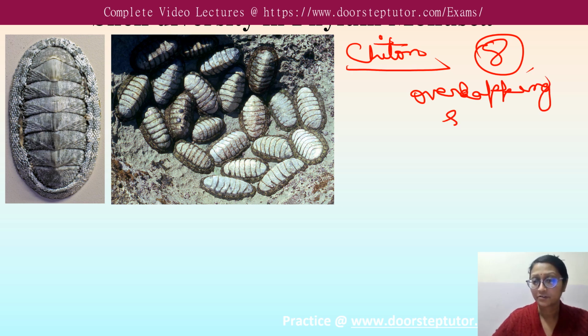These shells can overlap, and they can slide over each other. When they slide over each other, the animal can roll down. Because of these 8 overlapping shells, arranged in a transverse manner, the class Polyplacophora